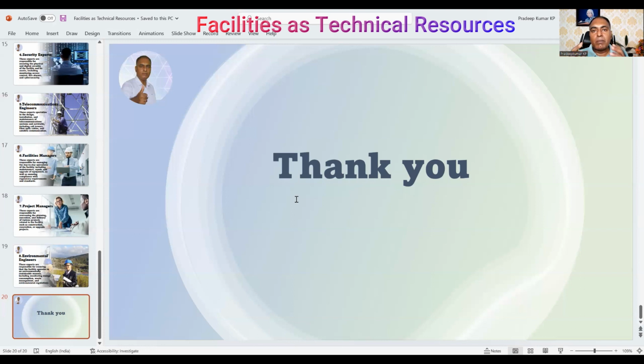We want somebody who can handhold this technical facility to get better creativity, productivity, and profitability. That is the aim. A facility is a group of the other 6 categories of technical resource, a mixture of all of them.